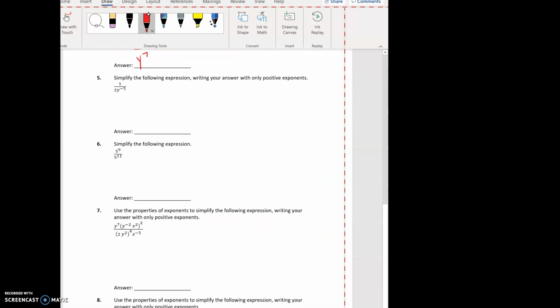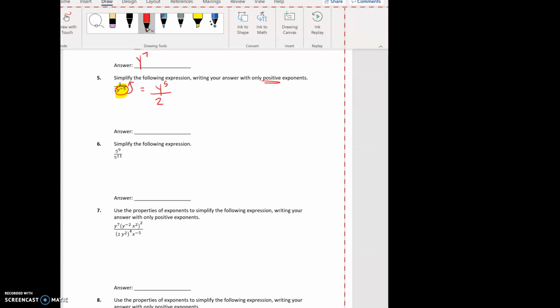Number 5, same direction. Simplify, write your answer with positive exponents. So again, I've got a -5 exponent, and that applies just to the y, not the 2. The 2 we leave alone. So I'm going to take that y to the -5th and flip it, move it to the numerator. Okay, if I put y to the -5th up there, it becomes y to the positive 5th,